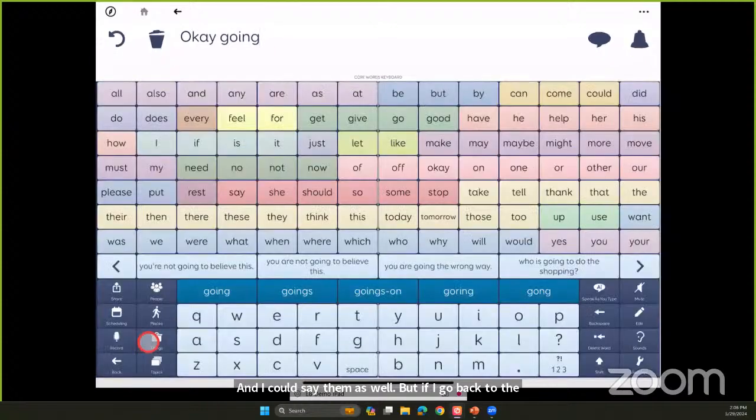perhaps I don't necessarily want all of the words at the top, or I find that the keyboard is too small. I can go over here into my settings